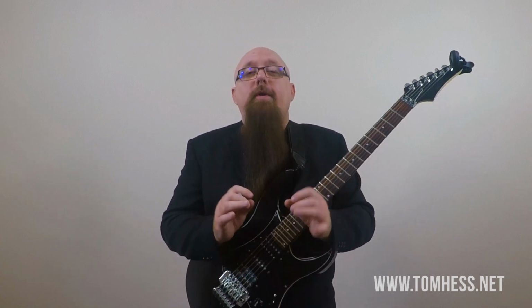The second thing that's going on is that these notes are going to sound good in combination with any chord in the key of E major or C sharp minor. That's the key we're in. So in the backing track you're about to hear in just a minute, there's going to be a bunch of different chords. The chords are going to change a bunch of times. I don't even remember what chords I created. It doesn't matter. What does matter is that no matter what the chord is, this works over all of them